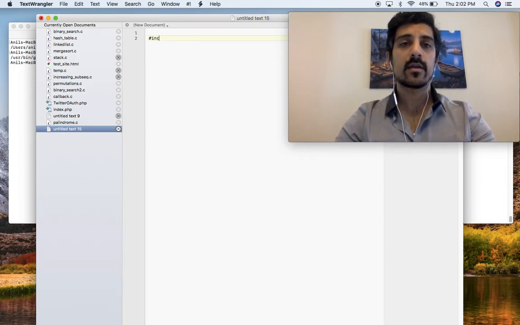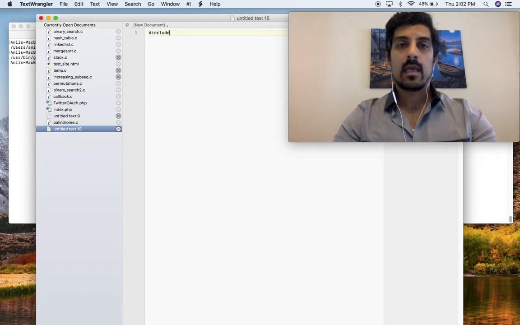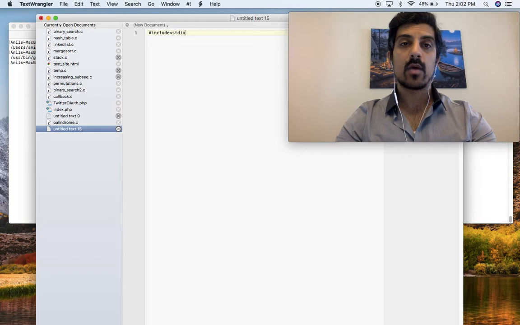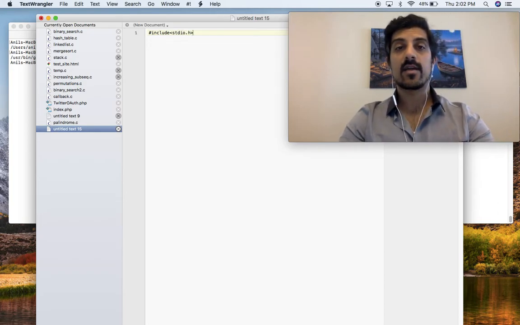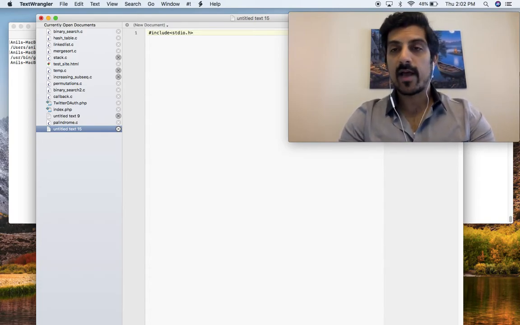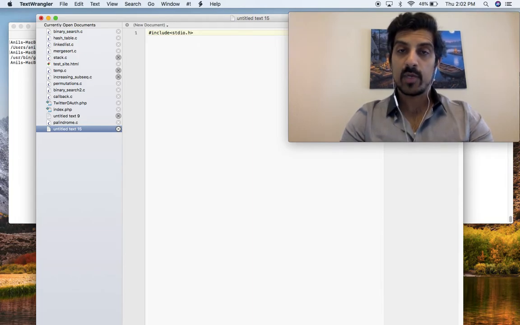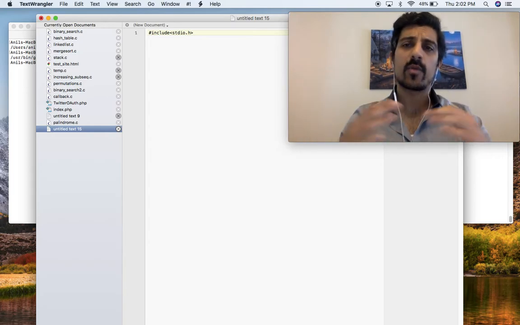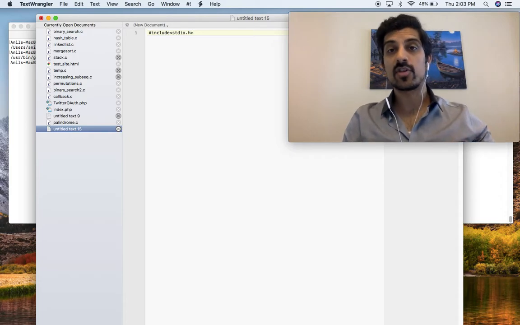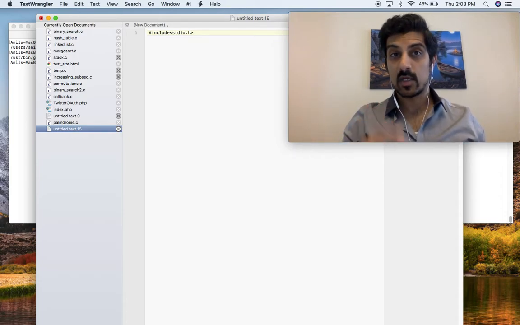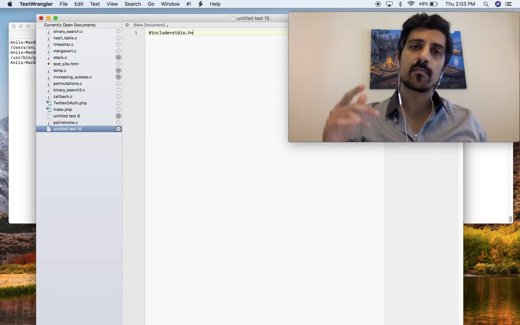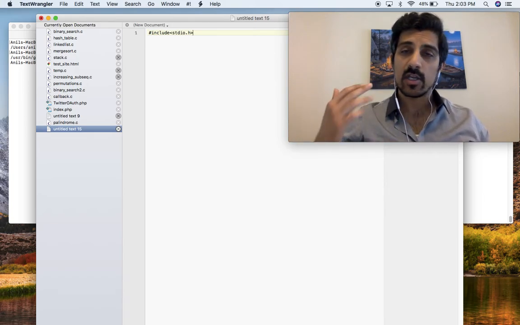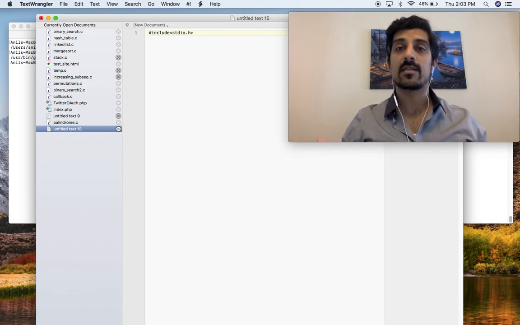One of the first things we're going to do here is include a file called stdio.h. Now what is this doing? Previous developers have created files, called header files, that have predefined functions in them that are widely used, and it just made sense to create these so they're easily accessible for future programmers like you and I to use. I'll go over exactly what I'm using from this file, but the point is to include this header file. It's got a bunch of very commonly used utilities and functions that you'll likely use within your code.